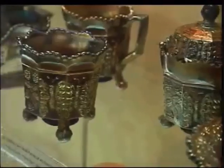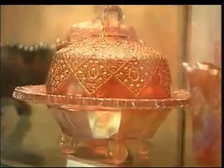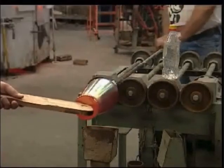If you talk about the concept of classic Fenton, what will most people recognize as Fenton? It would certainly be our early carnival glass called iridescent ware, which came out in October 1907. In more recent times, we've developed distinctive patterns and color treatments such as red carnival glass, Burmese, Rosaline, and today you saw us making Favrine as well. And that's perhaps been